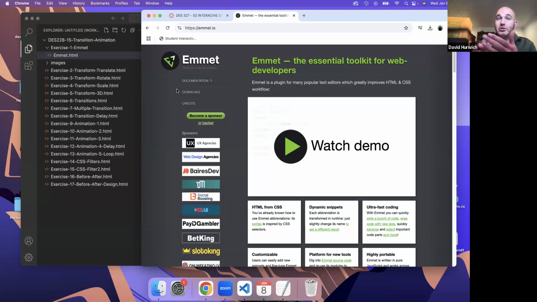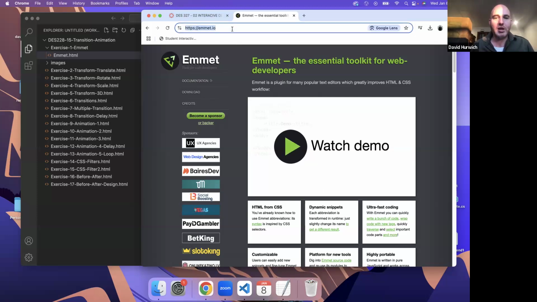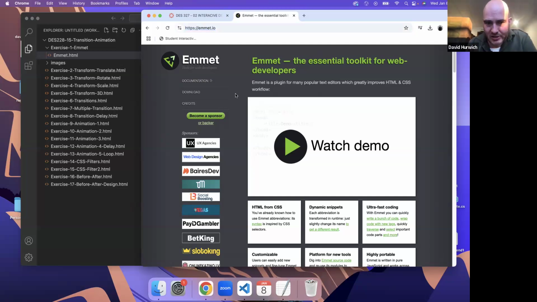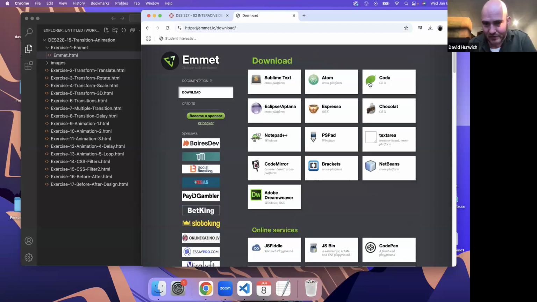What it allows you to do is what's called expanding. Basically, you can use shortcuts to write large amounts of code. I gave you guys a link to the plugin, emmet.io. If you're using Visual Studio Code, Emmet is actually built in by default. If you are not using that, you can always download Emmet as a plugin for various